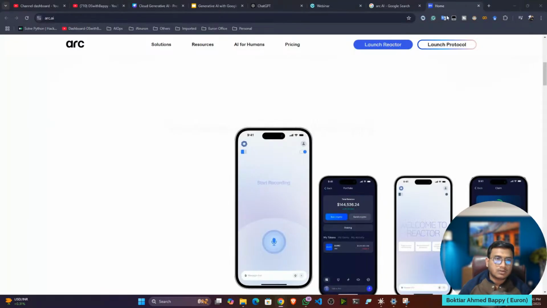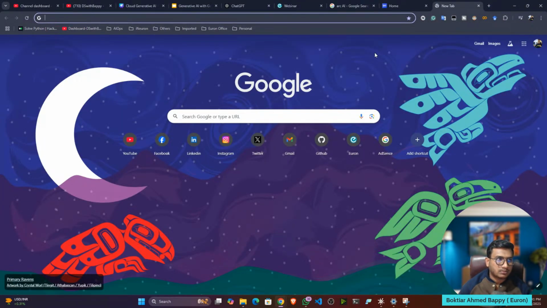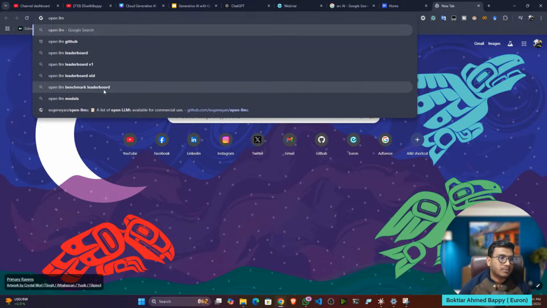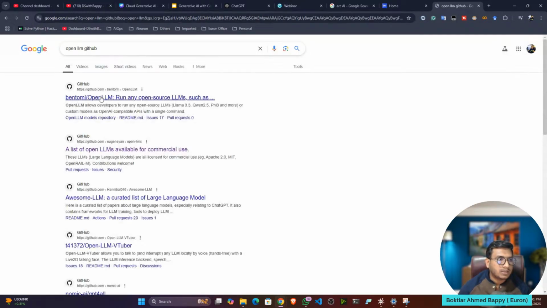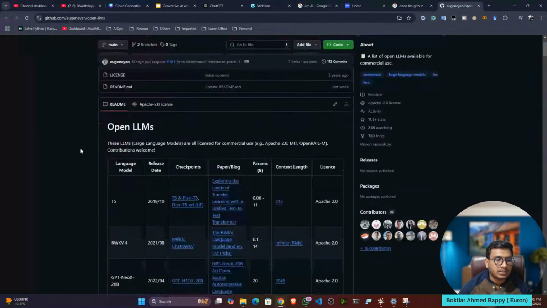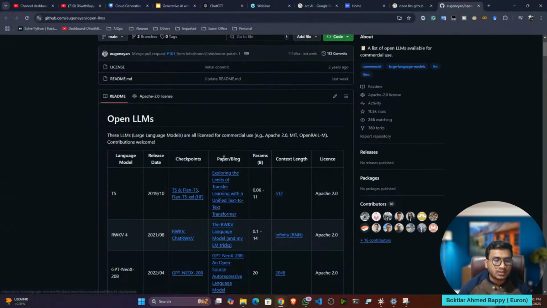Now, if you want to see all the models, there is an amazing GitHub I usually follow called OpenLLM. In this GitHub, one guy collected all the LLM names, even the release date, the model checkpoints, even the papers and blogs.